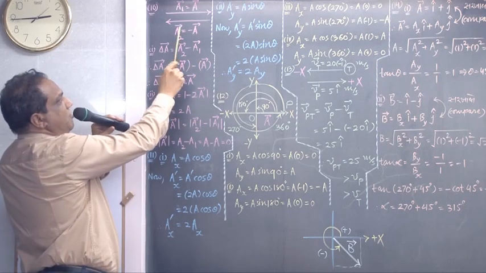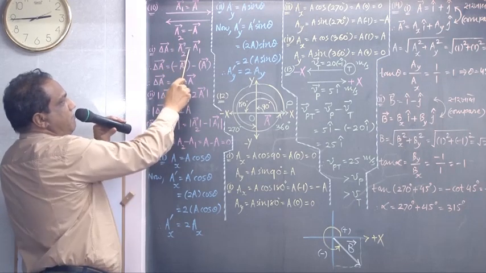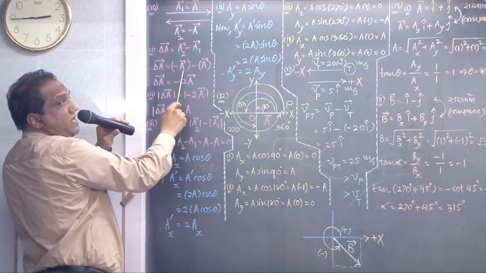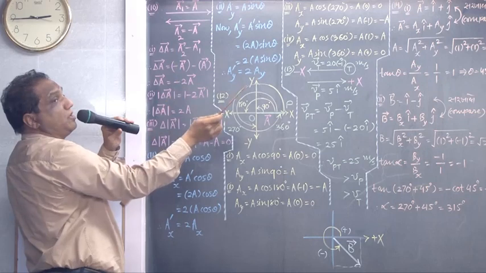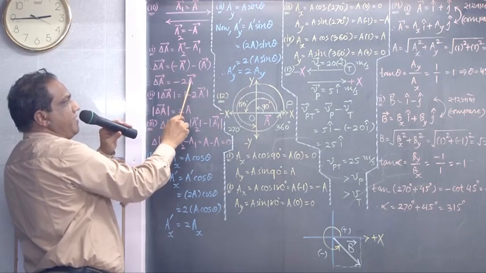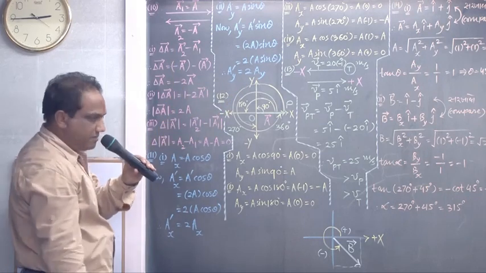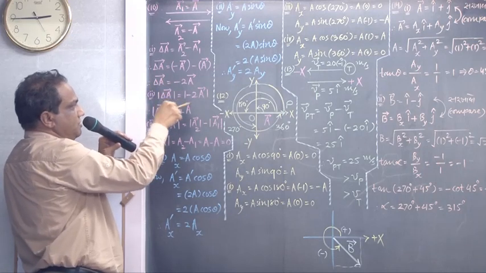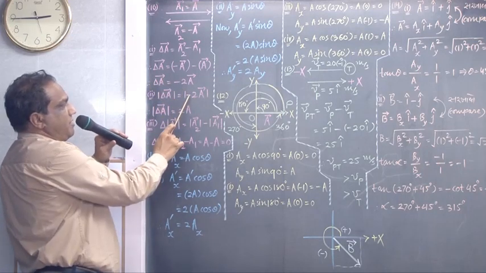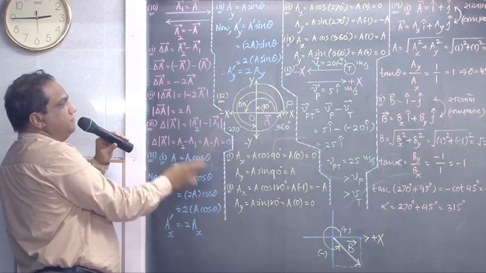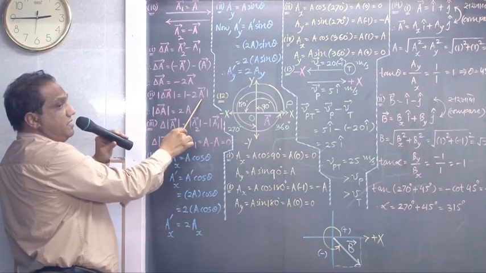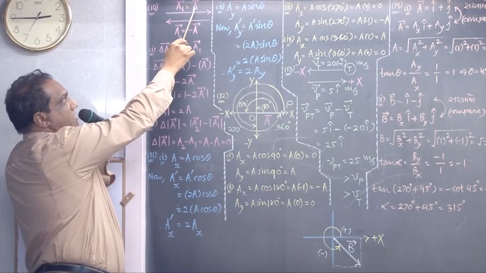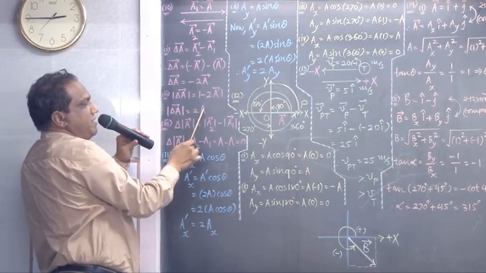What is vector A2? Minus vector A. What is vector A1? It is vector A. So minus vector A minus vector A, totally minus 2 times vector A. Let us take magnitude on both the sides. So now when you take magnitude, minus will become plus 2. And here, minus vector A has magnitude, you know, it is A. Magnitude of vector A is simply A.